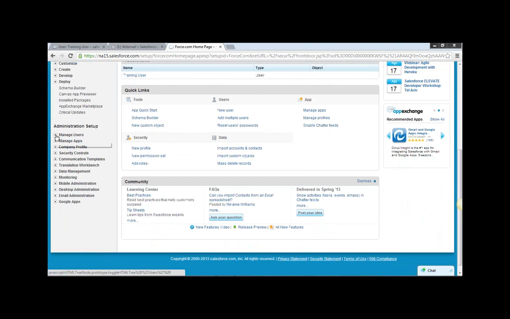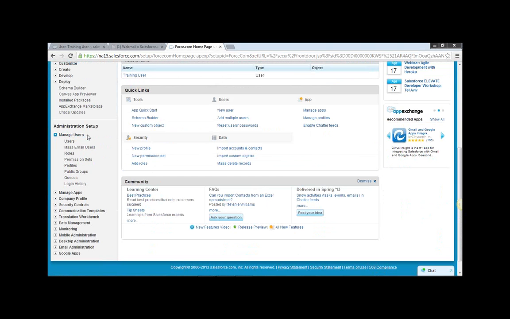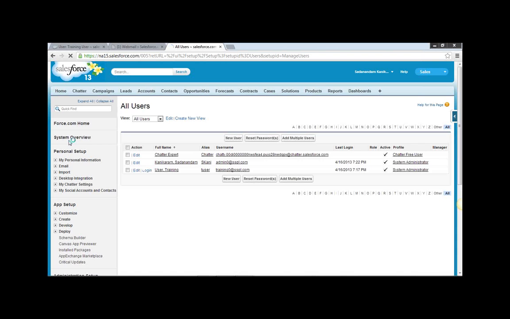For that, I requested the training user to grant the access to the administrator so that he can troubleshoot the problem, whatever he is having in using the application. Now, if you look under here, it's my name at the top. But if I look at all of the users from this application, I have this user, training user, and he has granted access to me. So when I click on this login,